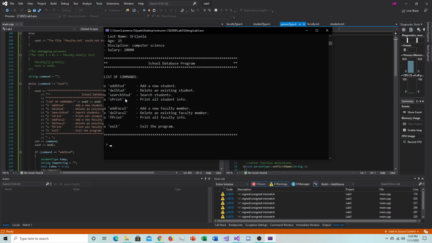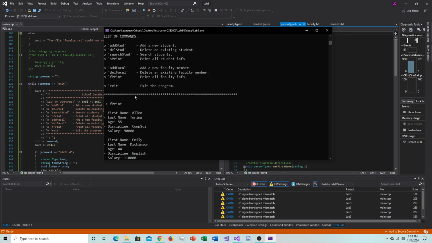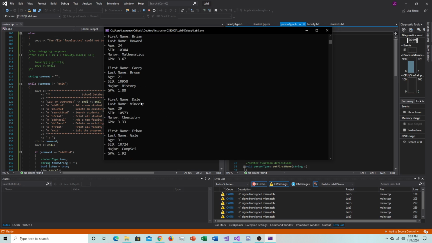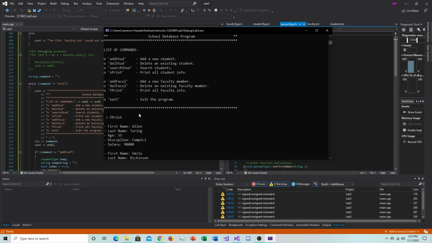So if I typed in something like delete student, for example, maybe say I want to delete Mr. Dale Vincent here with student ID 10573. Dale Vincent, 10573. Now the way that this search works is that it uses the overload function that we wrote for the